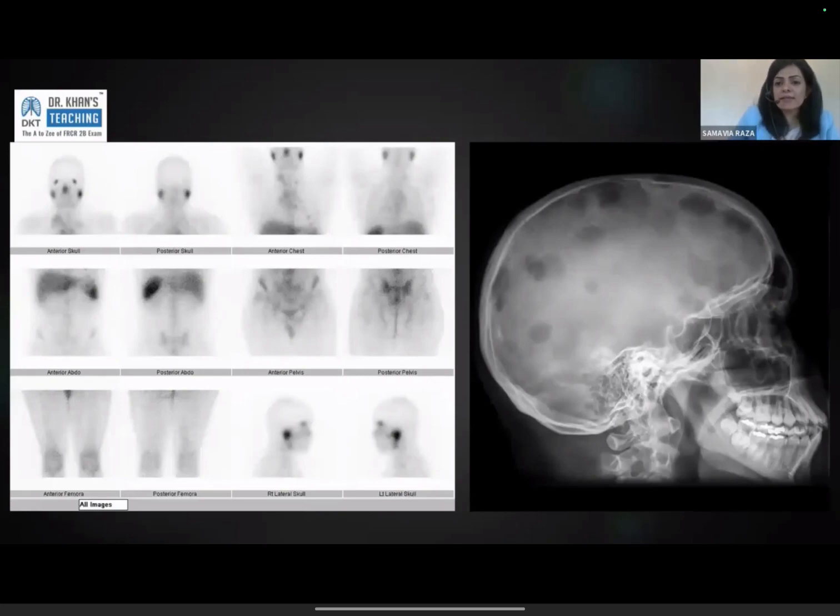If you had that skull X-ray in front of you, I don't think any of us would go with sarcoidosis being our first diagnosis. Most of us, and rightfully so, would think of diffuse or lytic metastases of the skull. So it can present in very alarming ways, in very progressive, destructive skeletal changes, but